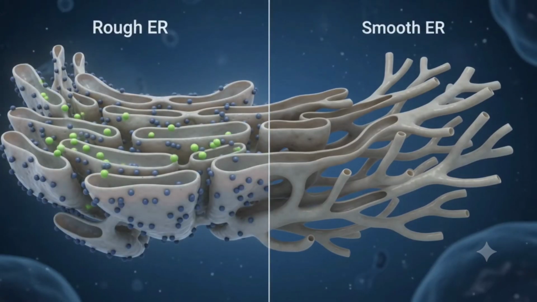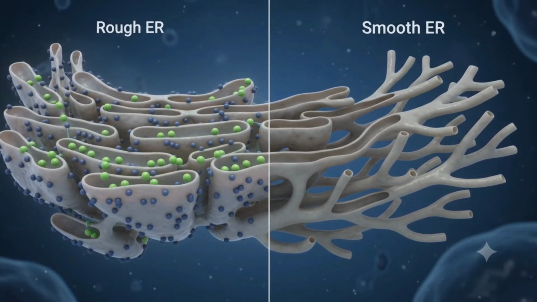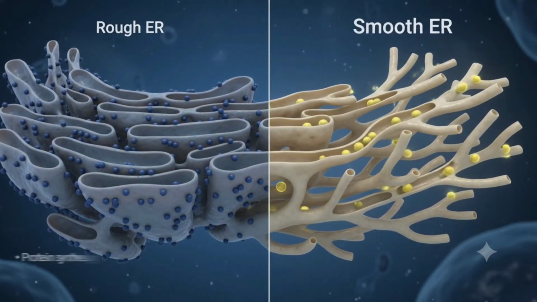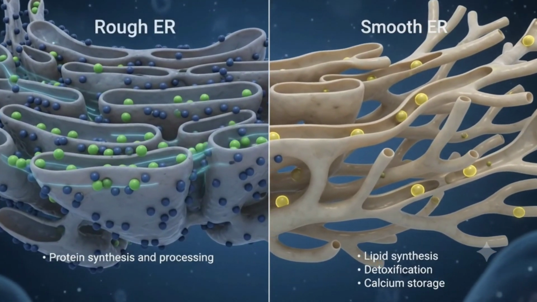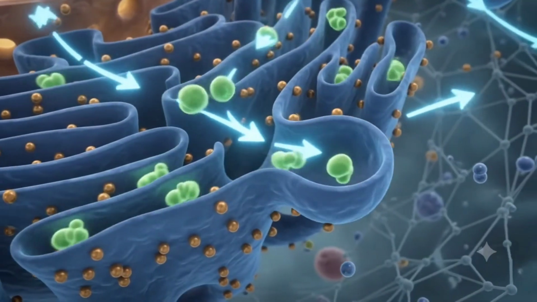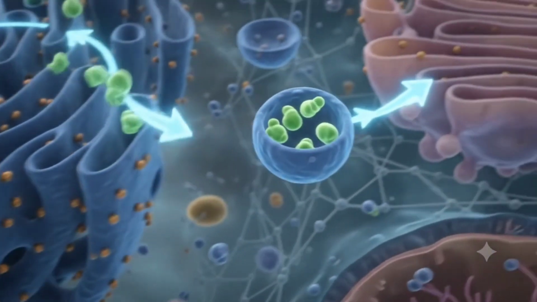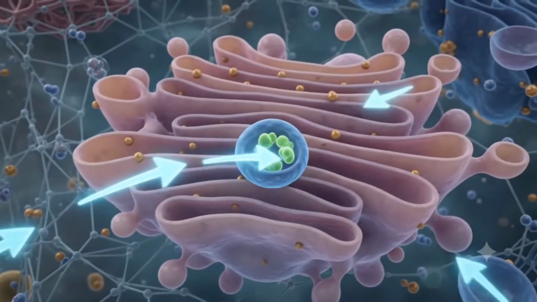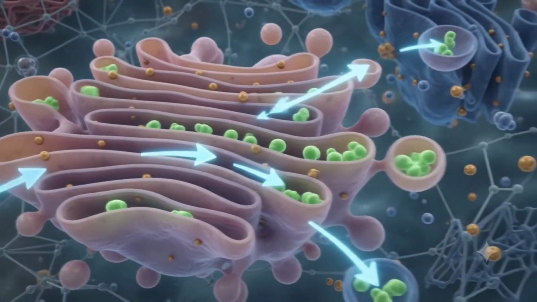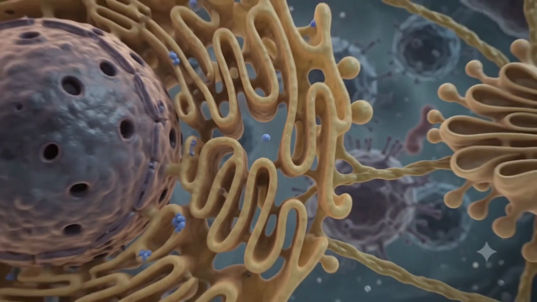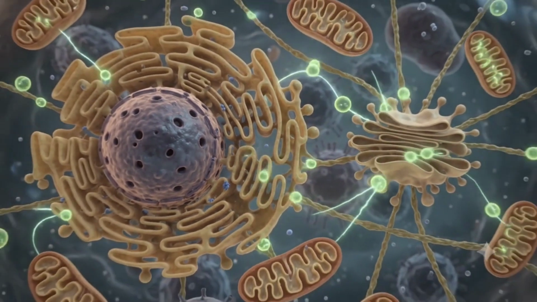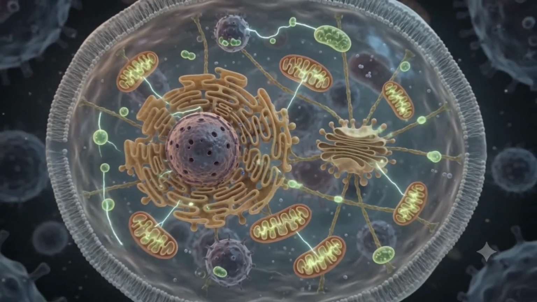Rough ER mainly supports protein synthesis and processing, whereas smooth ER specializes in lipid metabolism, detoxification, and calcium handling. The ER works closely with the Golgi apparatus, forming an important pathway for modifying, sorting, and transporting cellular proteins. Thus, the ER is not simply a membrane network, it is a central hub connecting protein production, lipid metabolism, calcium